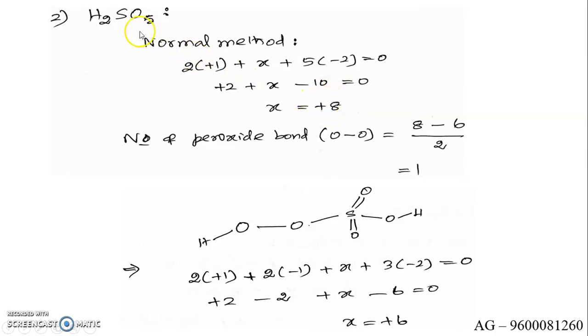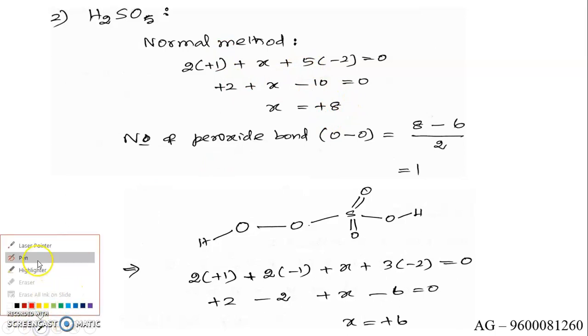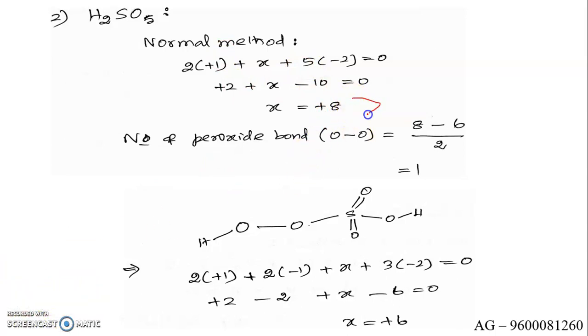Now listen, sulfur belongs to the oxygen family. In the oxygen family, the number of valence electrons is only 6. So sulfur can lose a maximum of 6 electrons, and it can reach a maximum possible oxidation state of 6 only. But now the oxidation state is plus 8, which is greater than the maximum possible oxidation state 6. Whenever the calculated oxidation state is greater than the maximum possible oxidation state, it indicates the presence